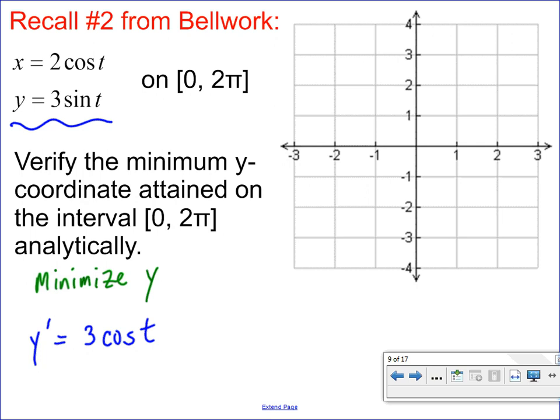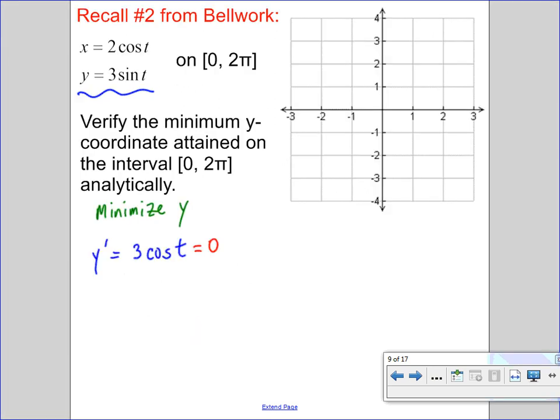We consider for what values of t on my interval is y prime undefined? Nope. Cosine's good to go for all input values t. So is there ever a place where y prime equals 0? Yes. We've got critical values in this case for y at,